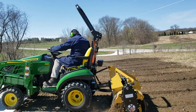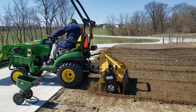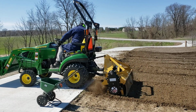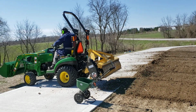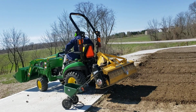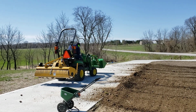This is his last pass, he said, because our little spreader there is kind of about where we stopped. We're just gonna do sections at a time. That way we don't have a whole bunch done and then end up with weather that we can't control. Plus it's gonna take us some time to get this smoothed out and de-rocked and all that. So we're just gonna kind of work section by section. And we won't show you guys that whole thing, but